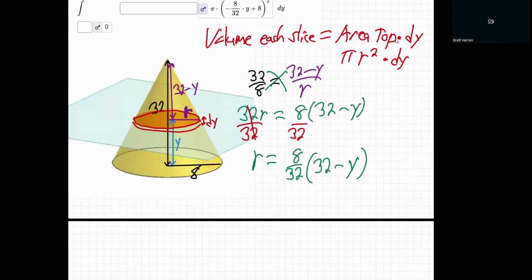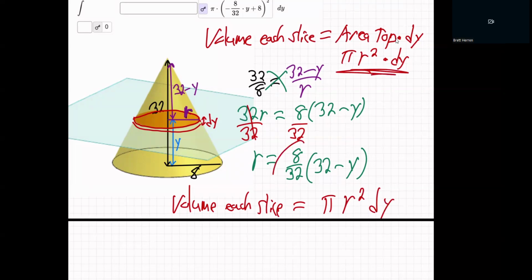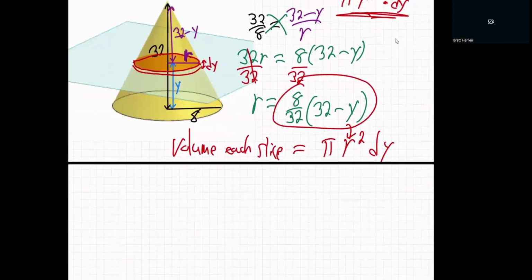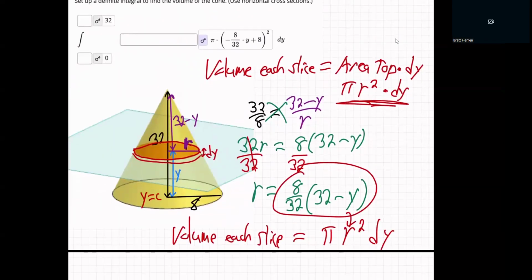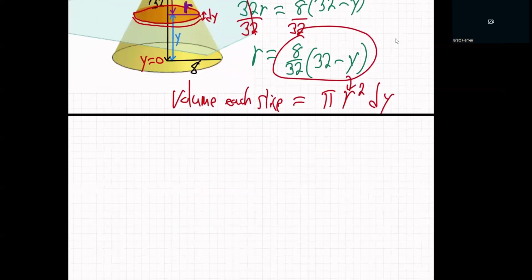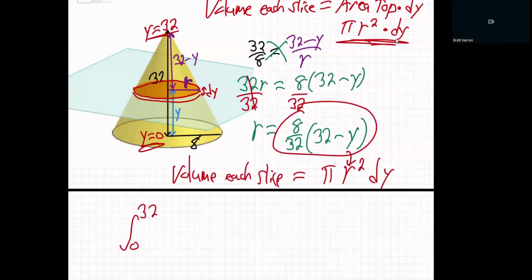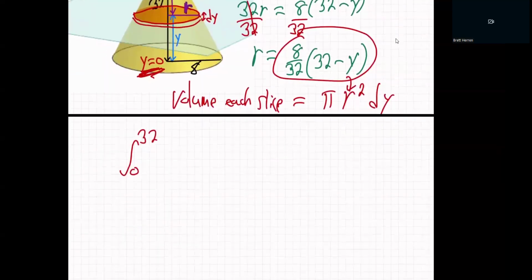So now we can say the volume of each slice, which is pi r squared dy from right there. Grab this and plug it in for r. And then we're going to integrate that as y goes from 0 on the bottom to 32 on the top as the elevator goes up. So as this slice goes up from the bottom to the top, I'm going to integrate from y is 0 to y is 32 of the slices,